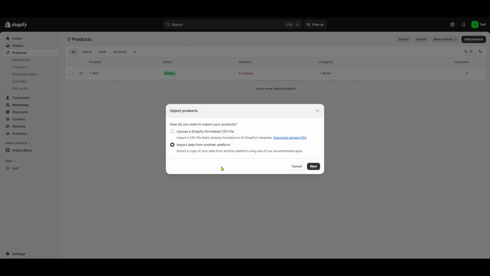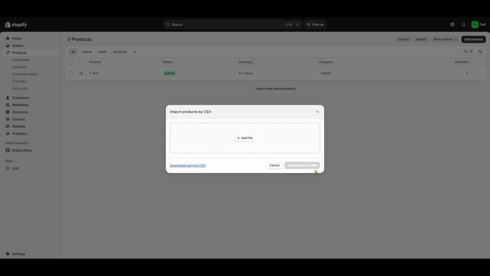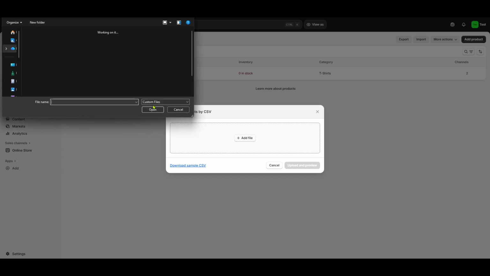From here, you should see the Import interface. It's designed to facilitate uploading a bulk list of products into your store. Typically, you'll need to use a CSV file formatted to match Shopify's product data requirements. Make sure your CSV file is prepared correctly, capturing all necessary details like names, descriptions, prices, and inventory quantities, and always double-check for errors or formatting issues to avoid hiccups.